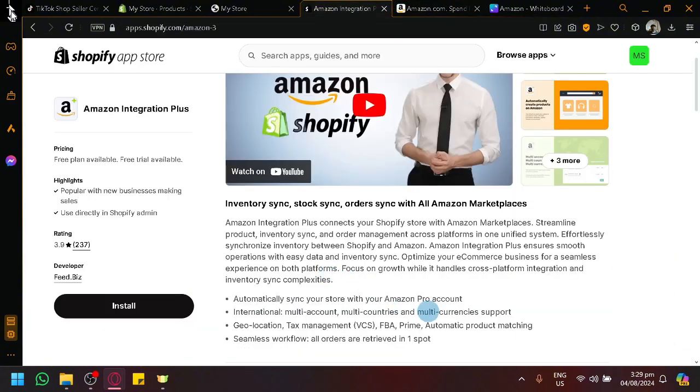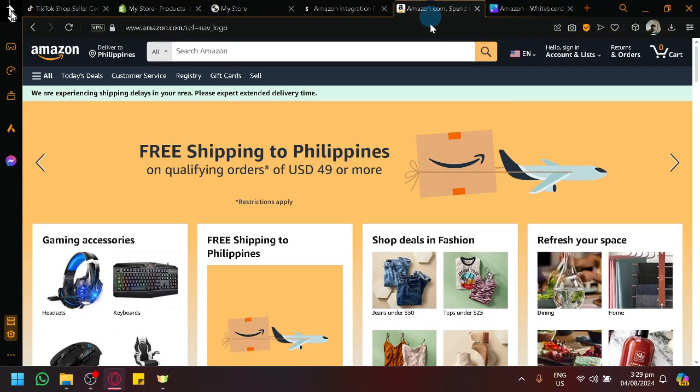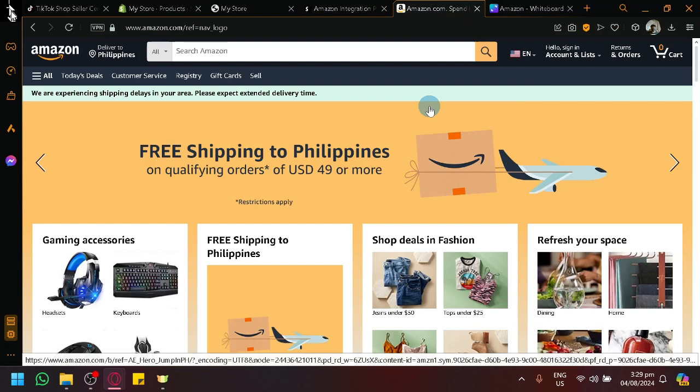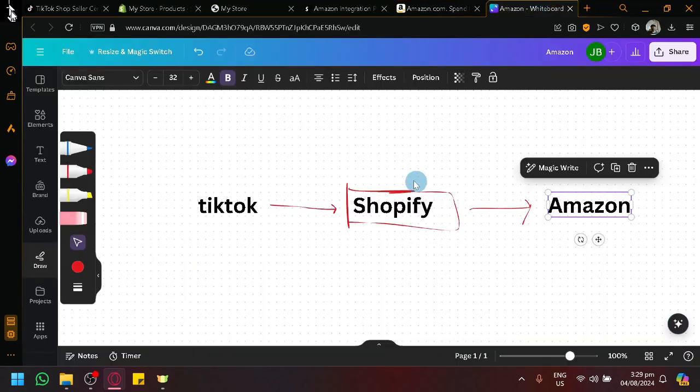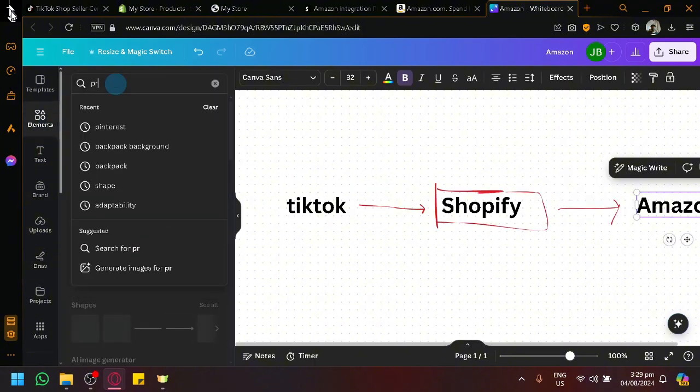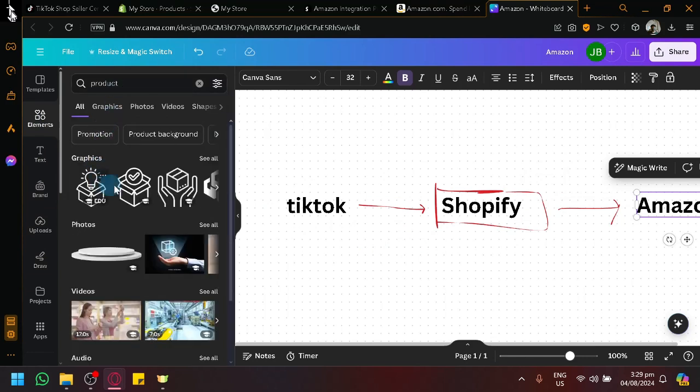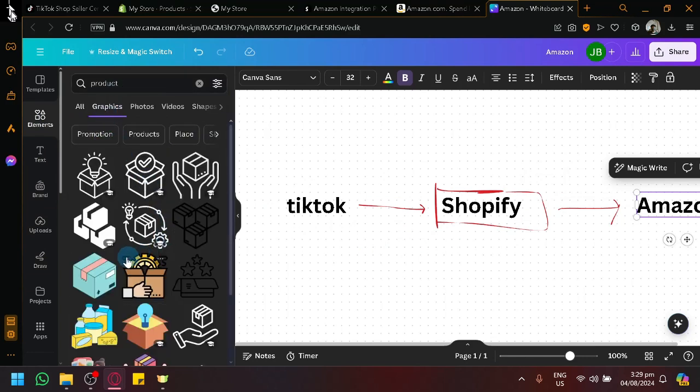So the thing that you need to have is an Amazon Pro account. So that's something you also need to manage inside of Amazon as well, like what we have been talking about earlier. You can't really do any of the process that we're talking about and mentioning right now without our Amazon over here. But now through that app, we are now able to transfer the product from TikTok to Shopify to Amazon. So our product right now gets transferred and bounce around. So for example, this